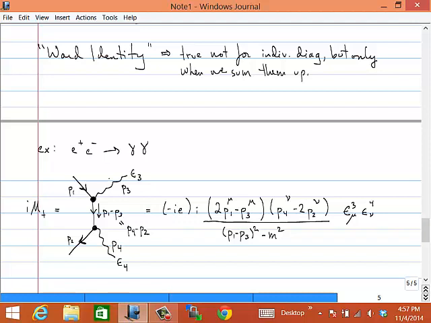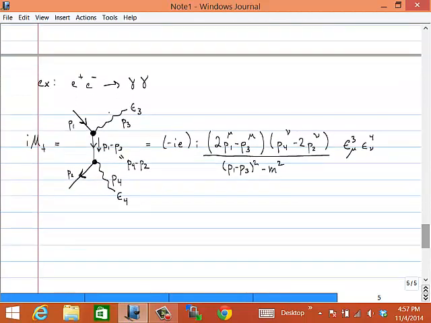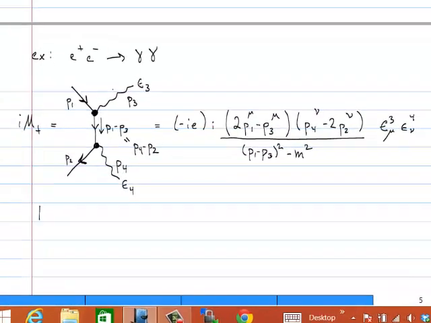But let's just choose to work in a basis where the epsilons are all real. Okay. So let's say a linearly polarized basis rather than circularly polarized. Okay, so I can go ahead and simplify this. But actually what I'm going to do is I'm going to simplify this, but